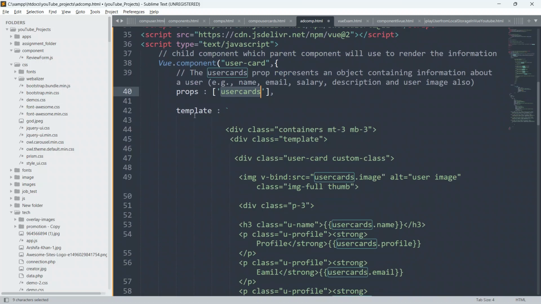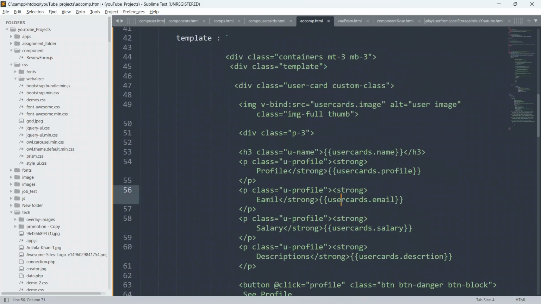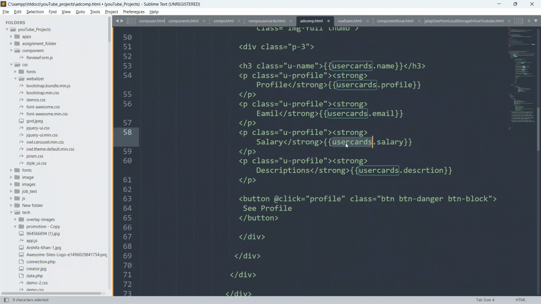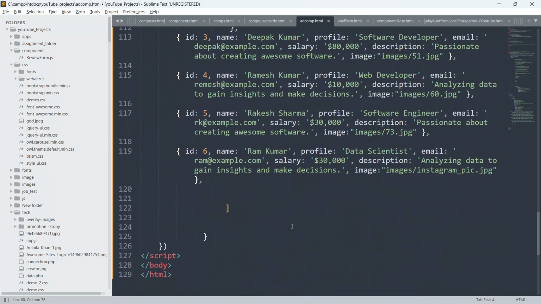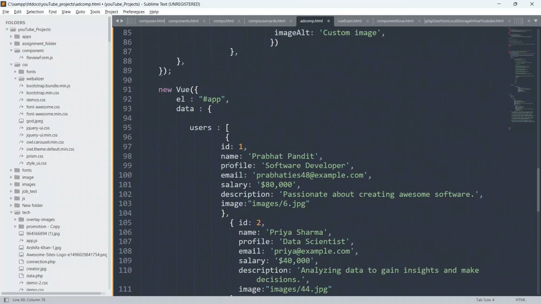Here we have created the template, and we are saying user cards dot image, user cards dot name, user cards dot profile, user cards dot email, user cards dot salary, and user cards dot descriptions. Here we are just defining each and everything, like id, name, profile, email, salary, descriptions, and image also.